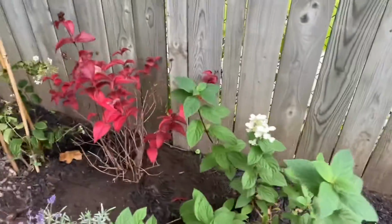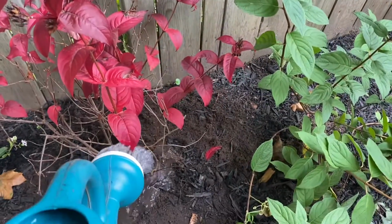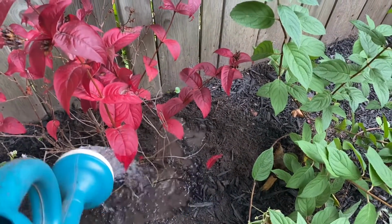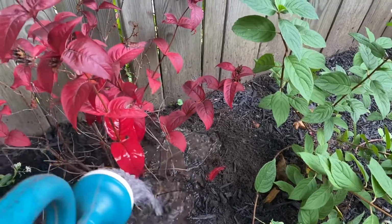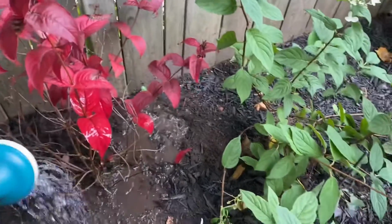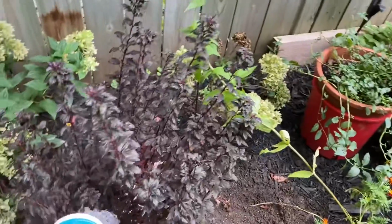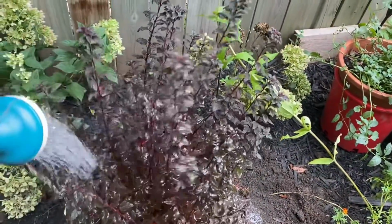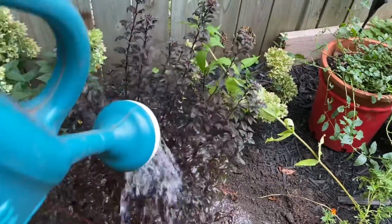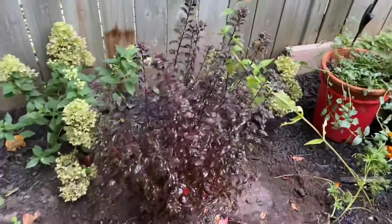And this is the Kodiak Black Diervilla, which is also moved to its new location. I really like how these plants are looking in their new spots, and I think these will do really well and add a lot of interest in this bed, and I hope to surround them with a lot more flowers next year, so that they can act as these base shrubs that provide a lot of nice foliage in the